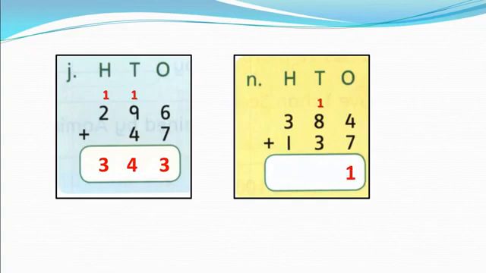Above 8. Now add tens. 1 plus 8 equals 9 and 9 plus 3 equals 12. 12 tens, which means 1 hundred 2 tens. So here we write 2 in tens column and put 100 into hundreds column. Now add hundreds. 1 plus 3 equals 4 and 4 plus 1 equals 5. 500s. So the answer is 521.